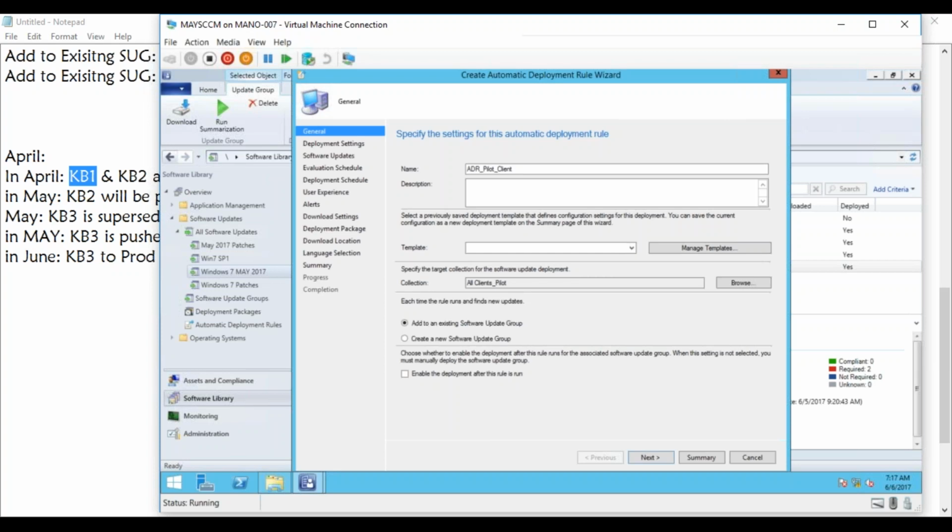So it is better not to enable the deployment. Just create everything set up for you, so that now you have the SUG, you have the deployment package, you have it distributed, and the collection deployment, everything is there. Check everything, and finally you will enable the deployment. So if I say next,